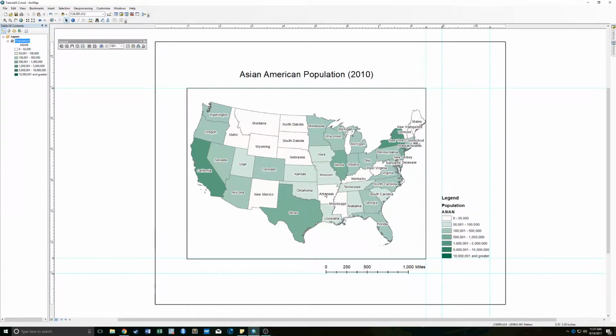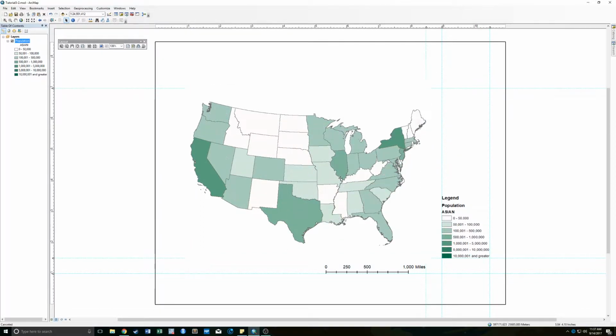And then always with data, we want to cite the source of our data, so we might want to insert just a bit of text here. We can just type Source: U.S. Census 2010. We click off of it, and it should,